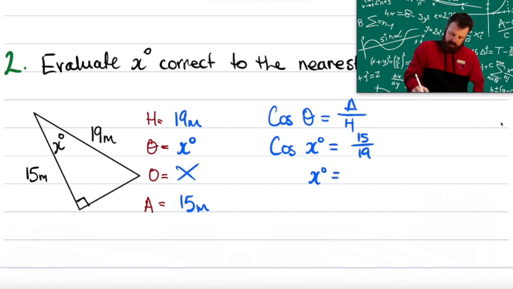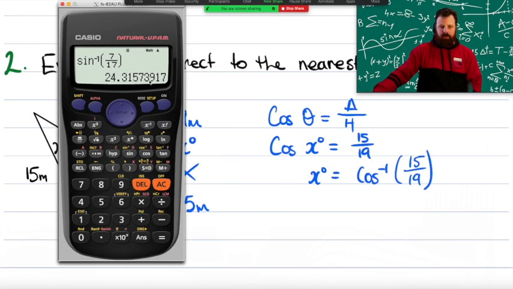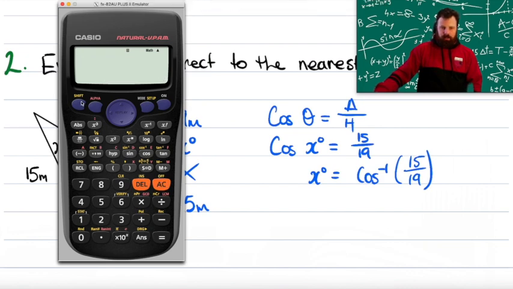So x degrees is equal to shift cosine on our calculator of 15 over 19. Pulling our calculator out, clearing this away, and we go shift cosine is equal to 15 over 19. Don't forget to close our brackets, and we get